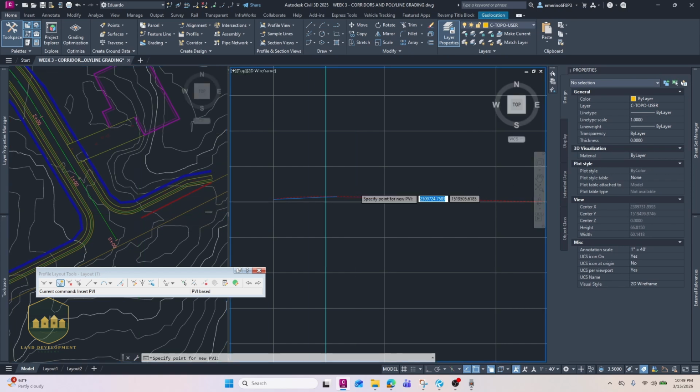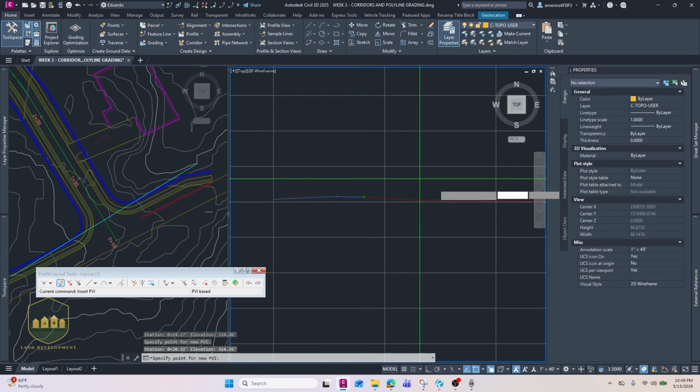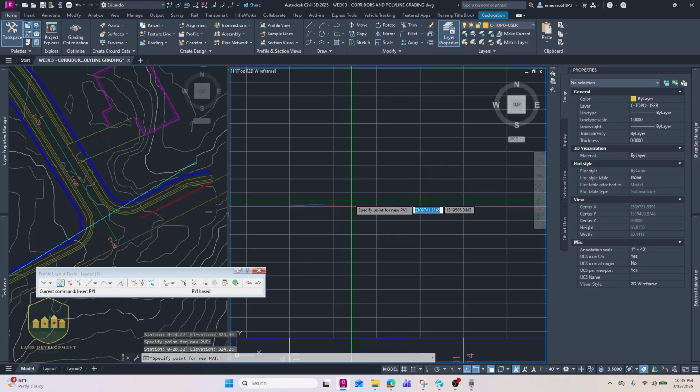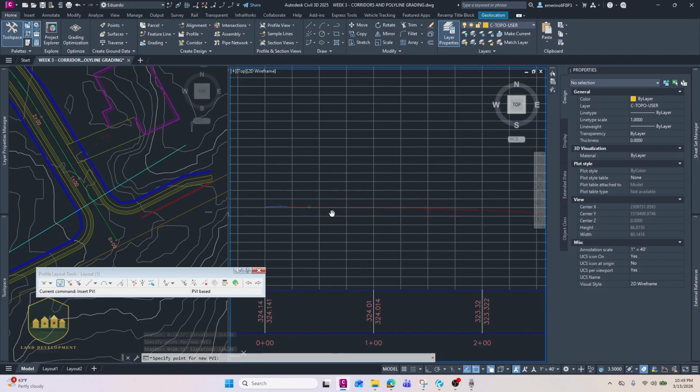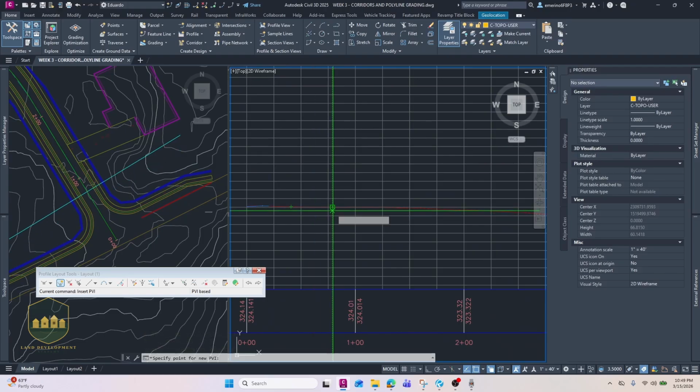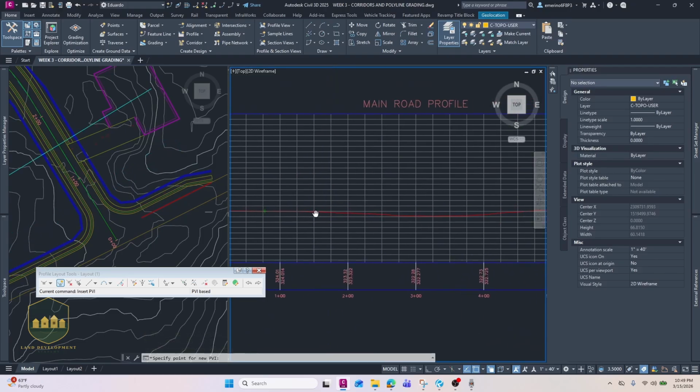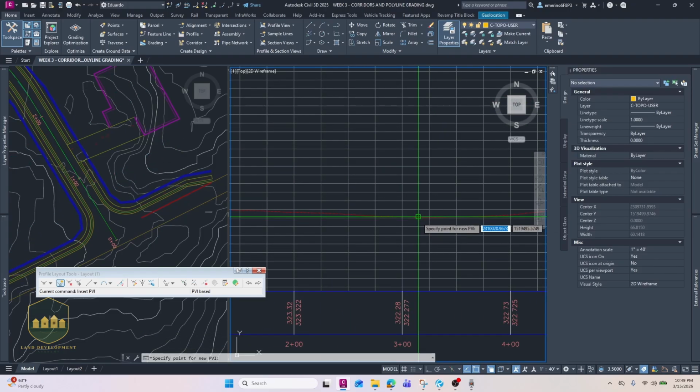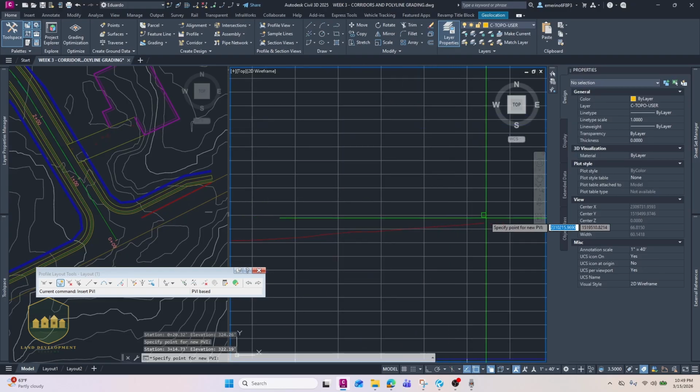So I'm going to come here and plop it about here. Here I feel confident. Now I can start manipulating and drawing what I want to draw. So I am going to go ahead and try to match the EG as close as I can